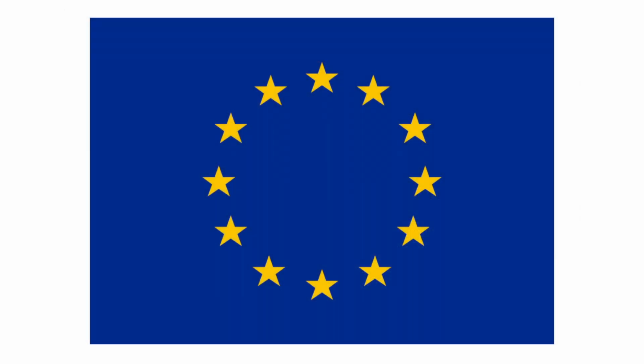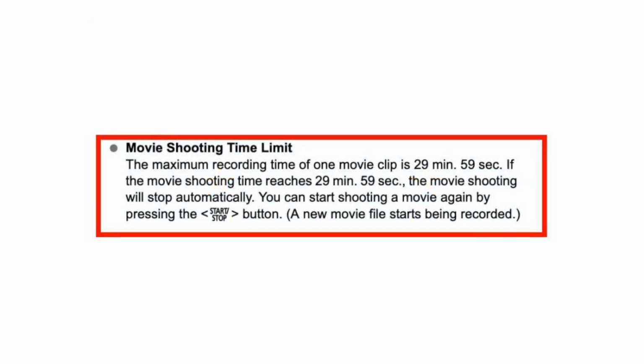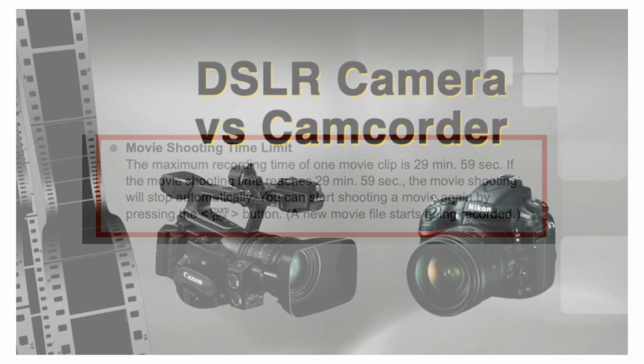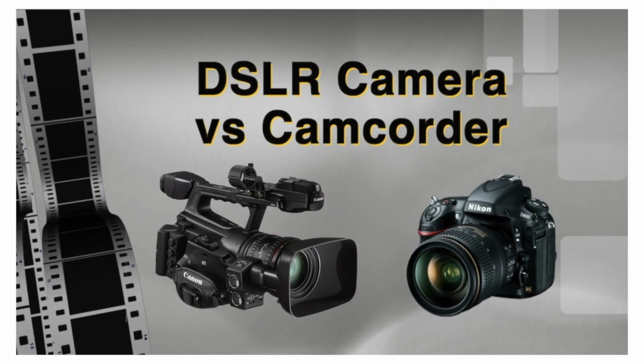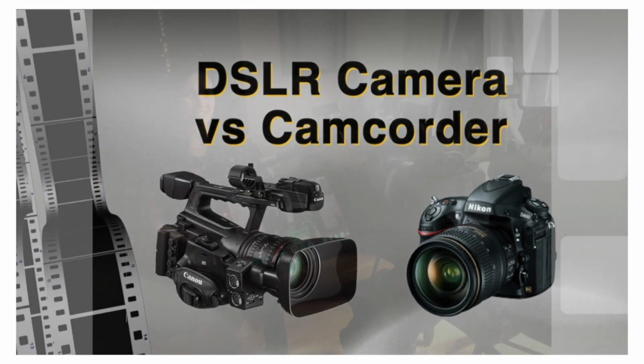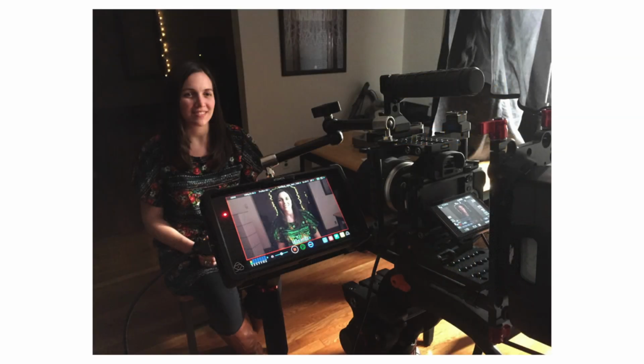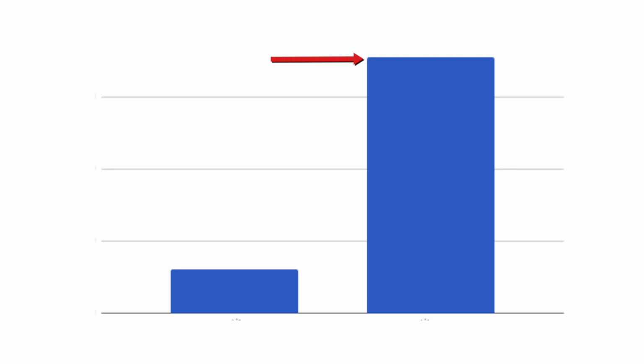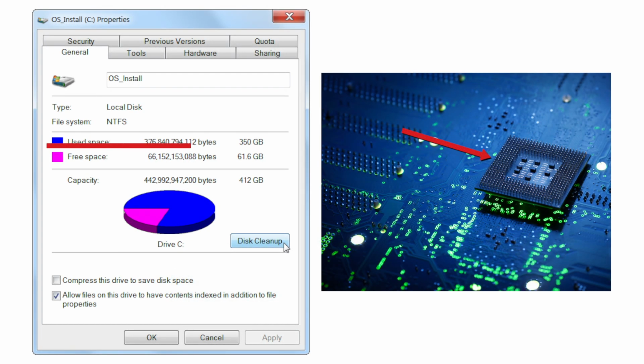Lastly, many still cameras are handicapped by an EU rule restricting them to a maximum of 30 minutes of video recording time in one shot. This is to differentiate between video and still cameras for tax purposes. Using an external recorder can circumnavigate this restriction. Of course, higher quality means much bigger file sizes, so you will need to make sure you have both space and enough computing power to edit those files.